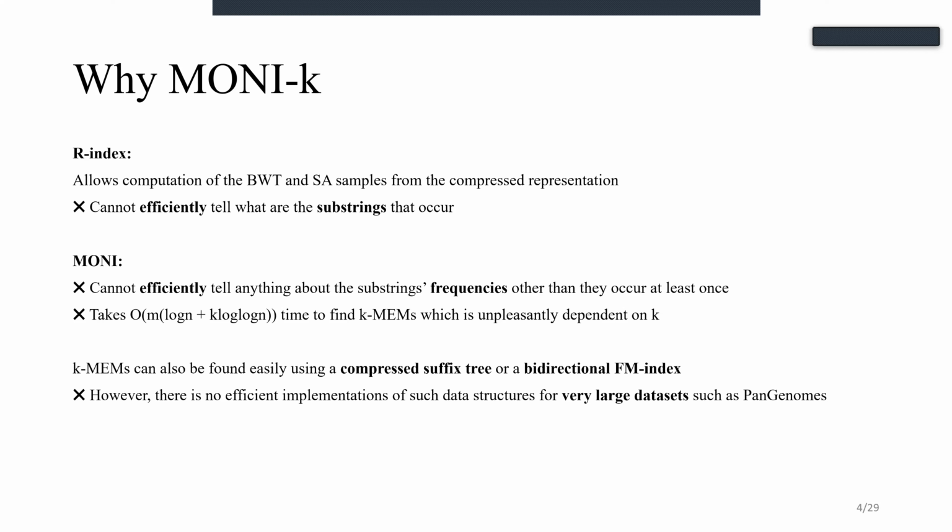And MONI also cannot efficiently tell us anything about the substrings' frequencies, other than the fact that they occur at least once. So it is not efficient to use MONI for finding k-MEMs, and it takes O(m log n + k log n) time to find k-MEMs, which is dependent on k,